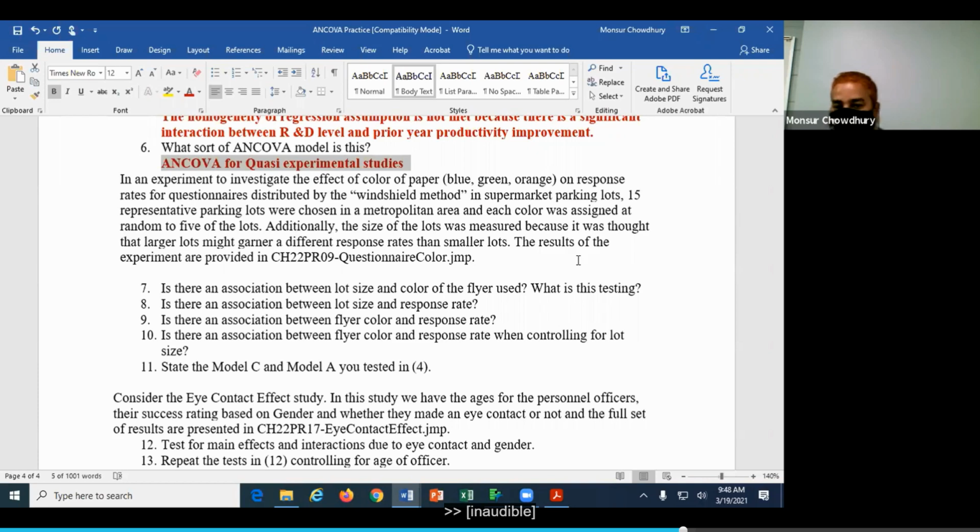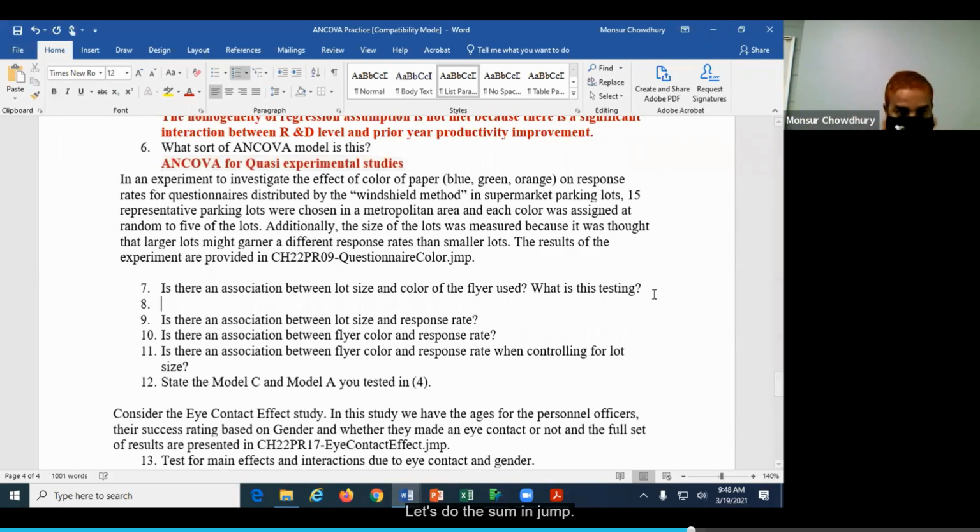So the lot size is our, what type of variable is it? Continuous variable. Okay? Now, this is the covariate in our case. And the color of the flyer, what is this? This is our predictor. We'd like to see whether there is an association between lot size and the color of the flyer, and what is this testing.